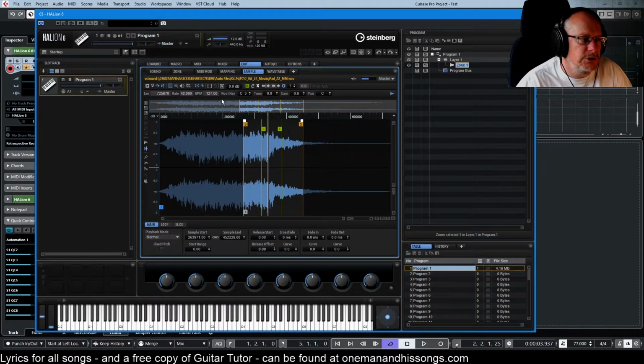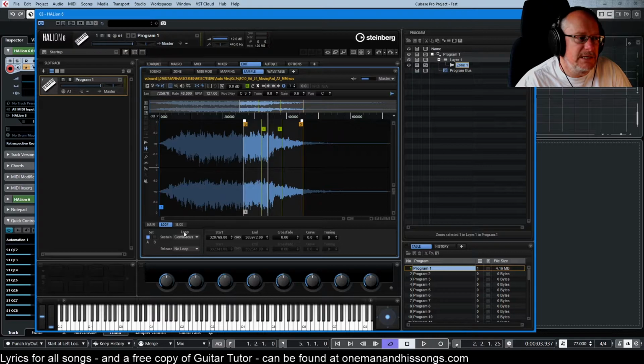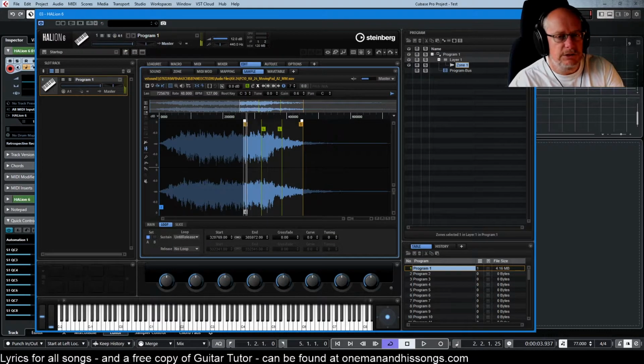The next thing that we want to jump across to is the loop tab. So let's go over here. And this is where we see that the loop is currently in continuous mode. If I switch that to until release instead, do the same kind of thing. Now it's going to start looping round,